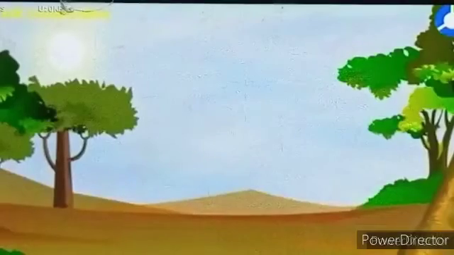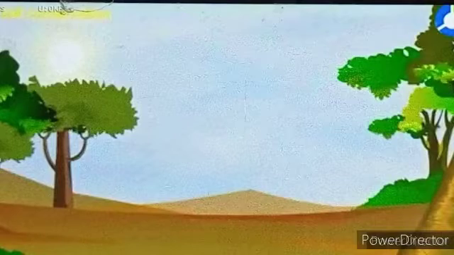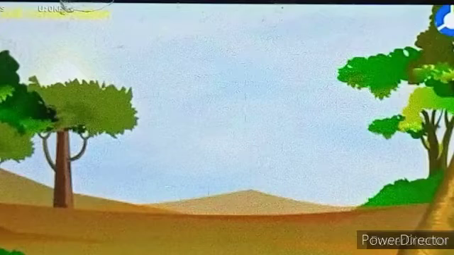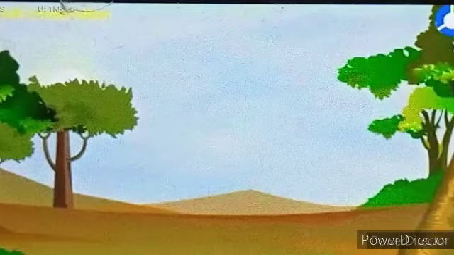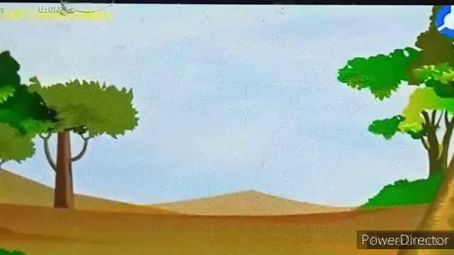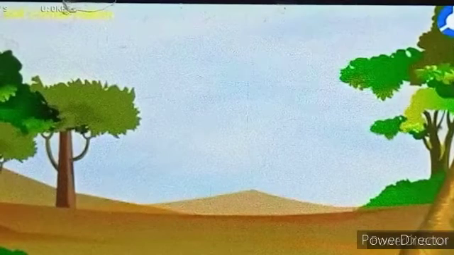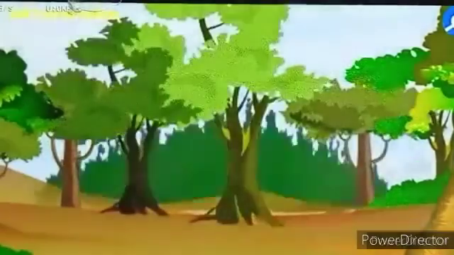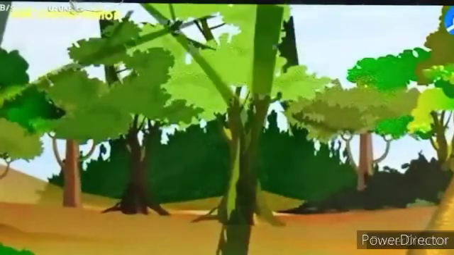Soil conservation. The protection of soil against erosion is called soil conservation. There are many ways in which we can conserve soil. We can prevent soil erosion by planting new trees.